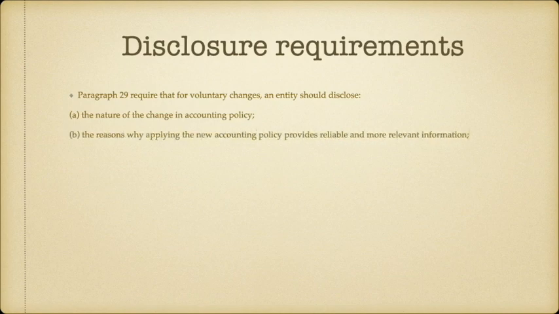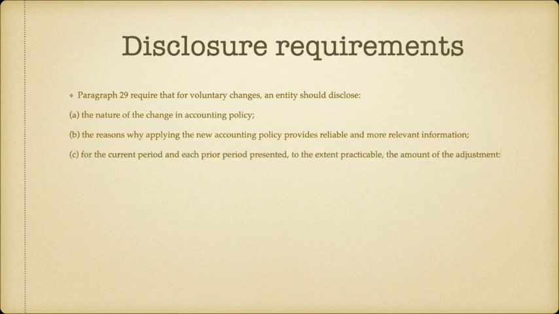Then you also have to explain why the new accounting policy provides more reliable and relevant information. So think about it again with our investment property example, which we will look at. If you are reporting your investment property at fair value, that gives the users of the financial statements a better indication of the financial position of the business, because the asset then is being fair valued, and that is a much better depiction of the value of the asset than a historic cost, for example.